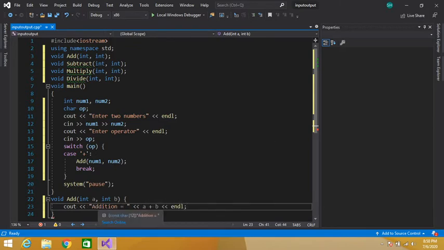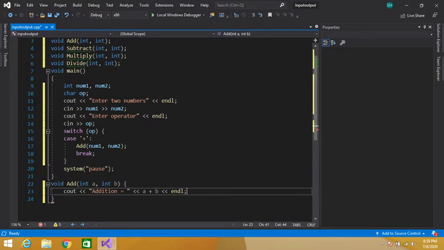So num1 will come here and num2 will be stored in b, and then we are adding a plus b, meaning we are adding num1 and num2, because when we call this function here, the control will directly jump here. So this is our add function.